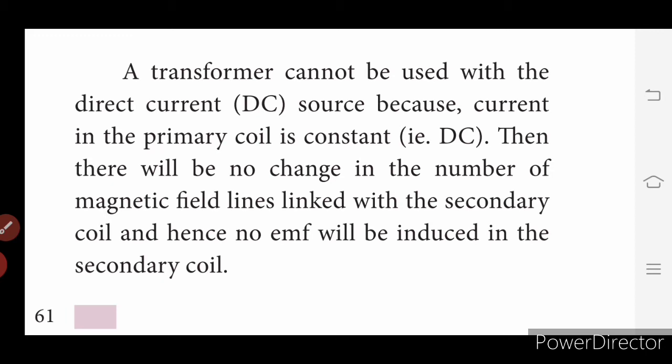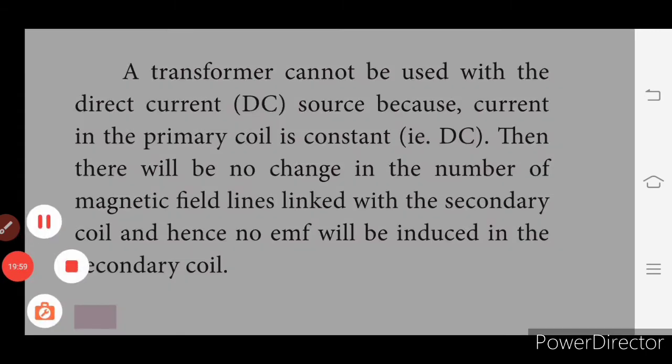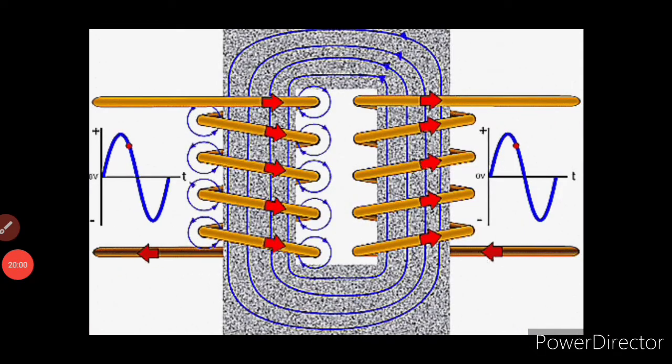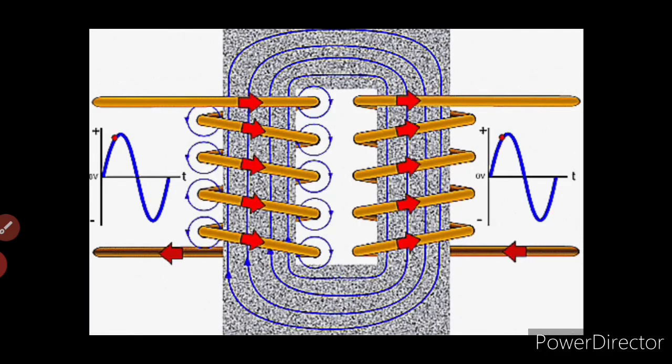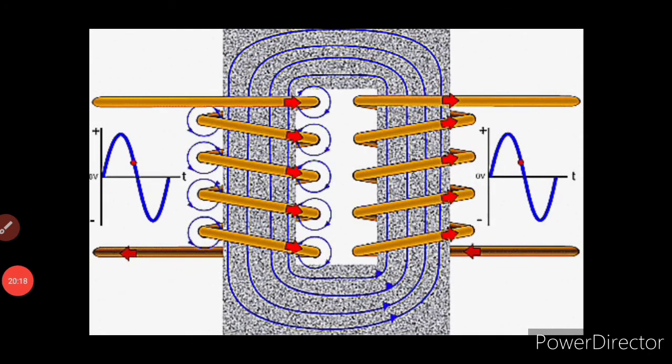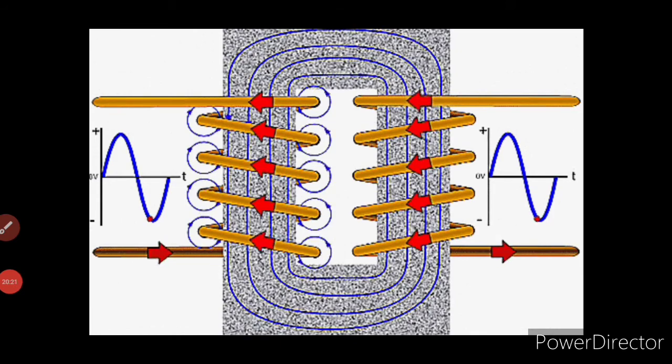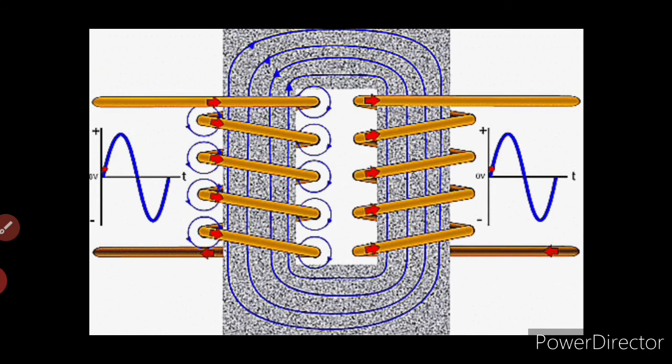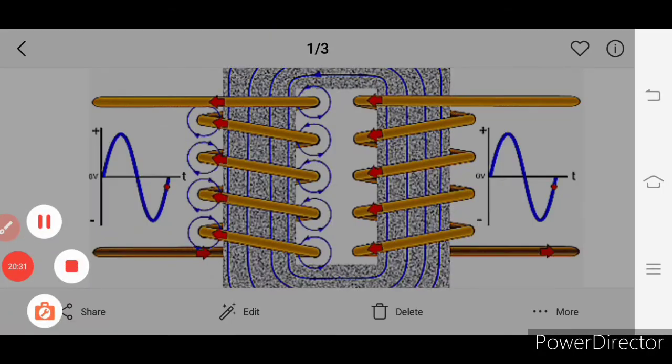Okay, so now we will see the working of this transformer. See the diagram here, how the current flows, and you can see the wave diagram also given here. See the arrow marks, how the current flows, and the magnetic induction that revolves around the magnet and around the coil is defined here properly. Okay, so check the diagram. This is a motion diagram, children. All the arrow marks indicate the movement of the magnetic field as well as the movement of the current. Okay, this is for step up and step down transformer.